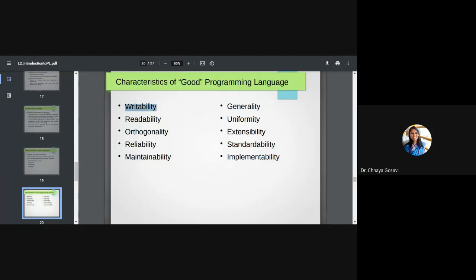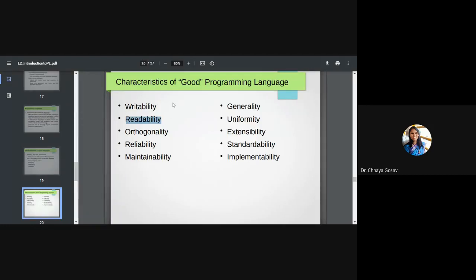Iteration means loop, so there should be a facility provided by the programming language, like a looping facility. So writability means whatever the algorithm is, it should be convertible into the programming language. The language's vocabulary should be deep enough that you can choose proper constructs for that particular logic. The next criterion is readability.